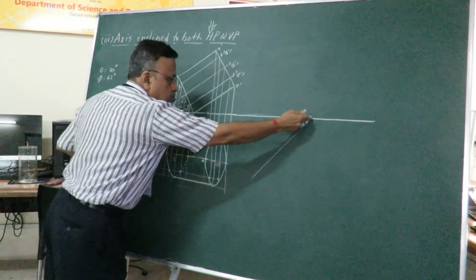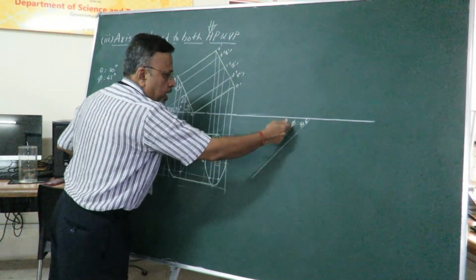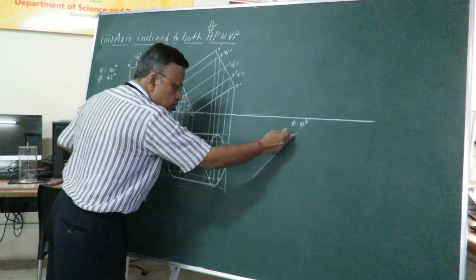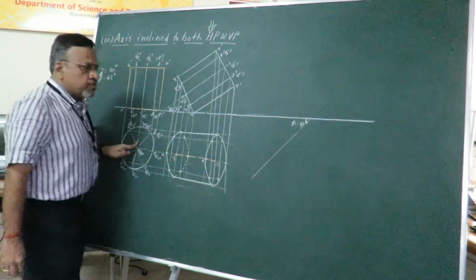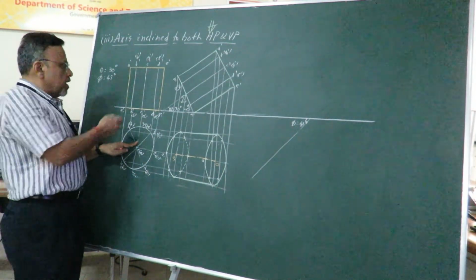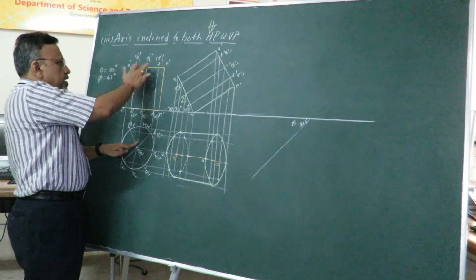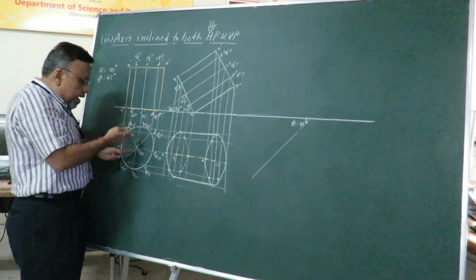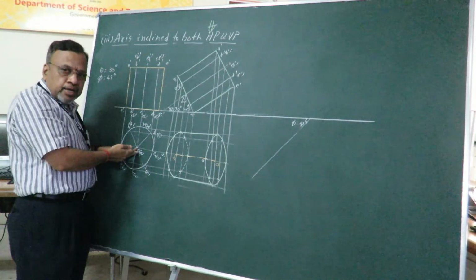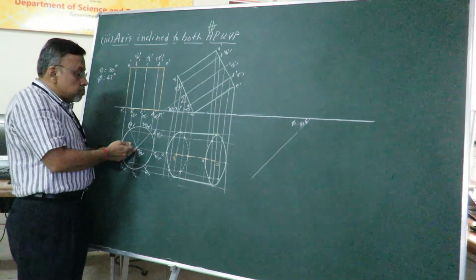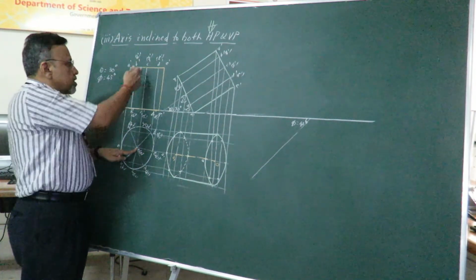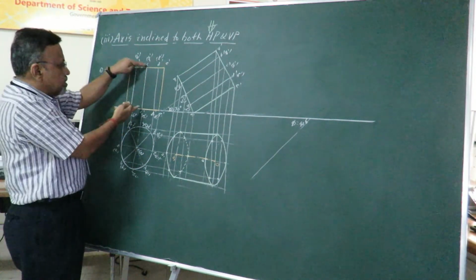I have just drawn this particular line. This is a true angle at 45 degrees. Now upon this true angle line, I need to show the true length of the axis. Where do you get the true length of the axis? You can just see the first figure. In the first figure, I say this is my true length of the axis. Why is it the true length of the axis? Because in the top view, axis O1 is seen as a point. It is parallel to VP. Since it is parallel to VP, I can see its true length in the front view.